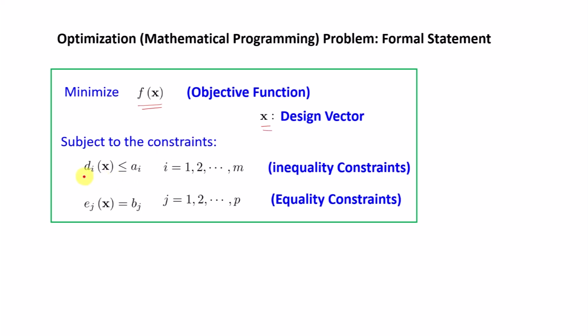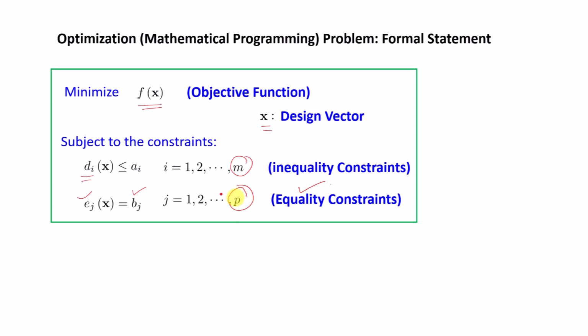For instance, certain functions d_i(x) should be less than or equal to a_i type constants, and these are something we call inequality constraints. We may have m number of inequality constraints. Similarly, certain other functions e_j(x) are equal to b_j. These are equality constraints, and you can see that we have p number of equality constraints. So this is the basic structure